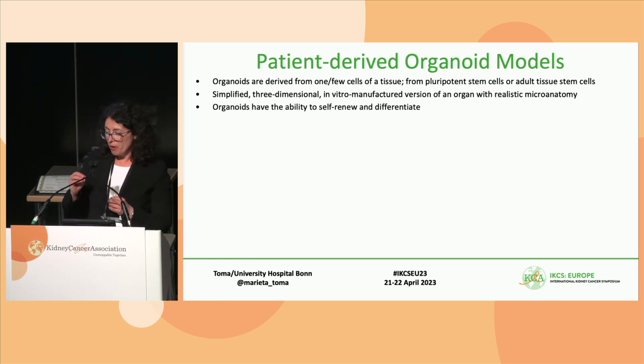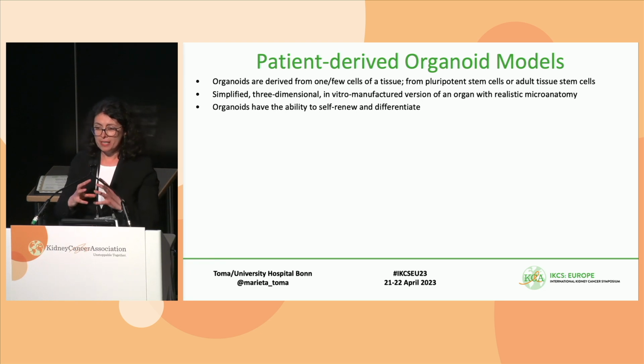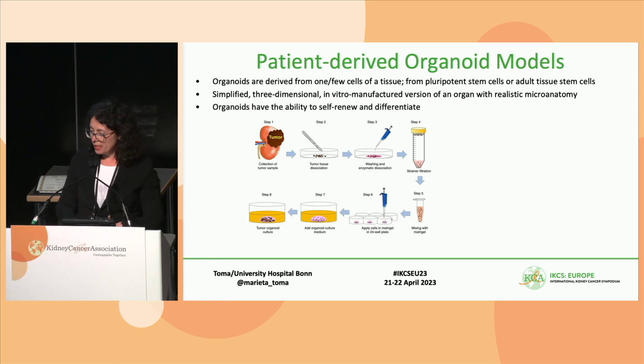It's only a point. You have here only the epithelial compartment. And how to do that? You have your tumor, and you take a small piece of tumor. You dissociate this. You have single cells, and these single cells can be taken in Matrigel. You need a matrix in order to grow your organoids, and put it on a dish, and you add some special media with a lot of growth factors.